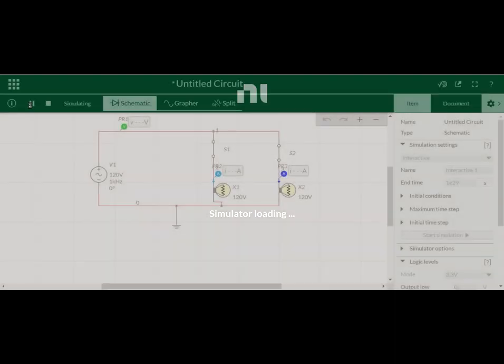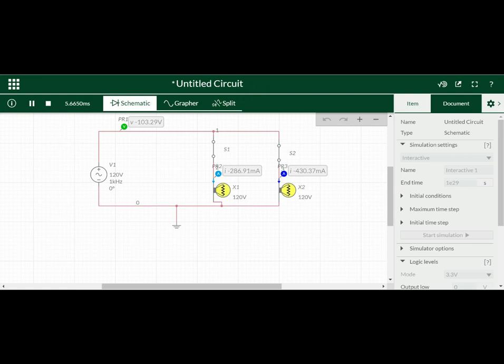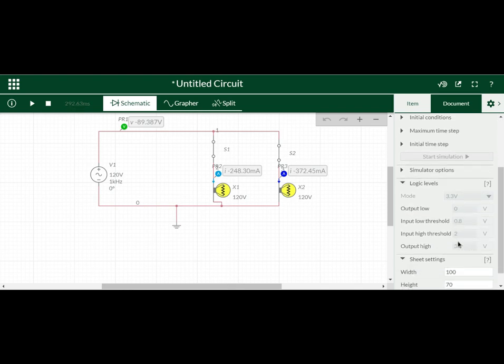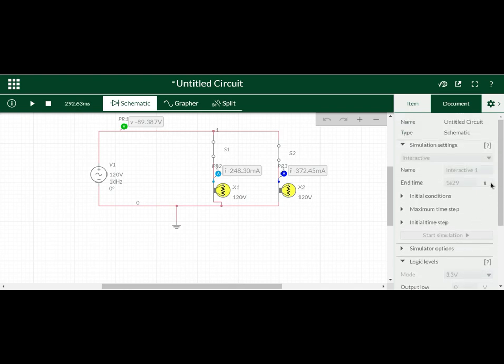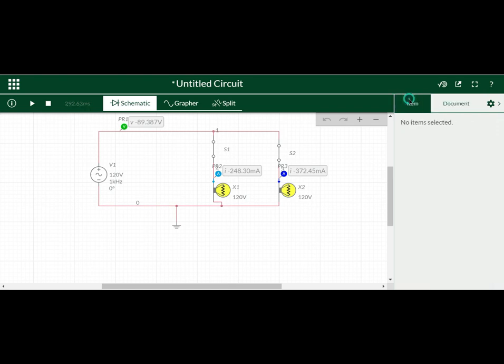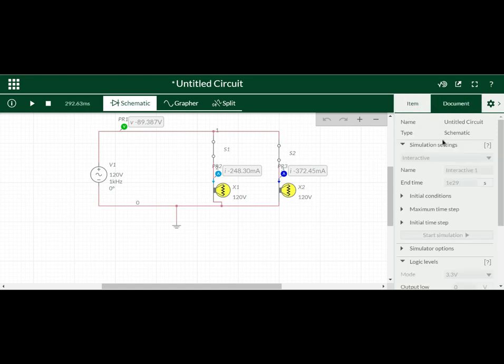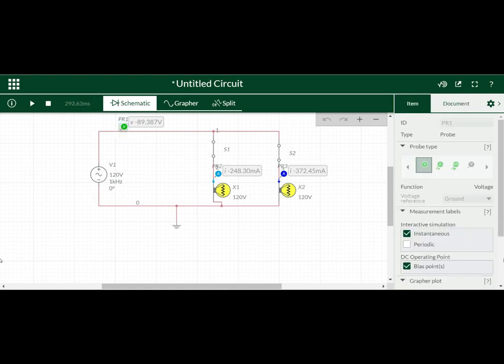Now when I click the meters, there we have to click periodic instead of instantaneous. If we click periodic, the values will not keep changing. See here, we cannot check the values here; it goes on changing because it is an instantaneous value. So I have to click periodic.